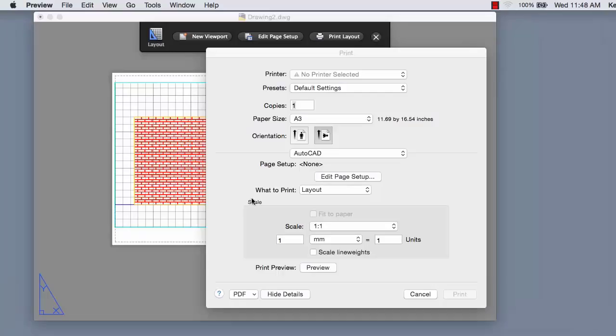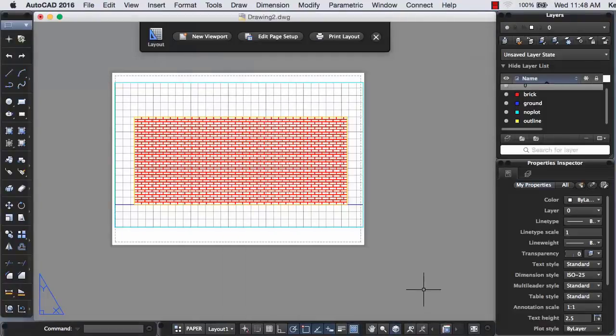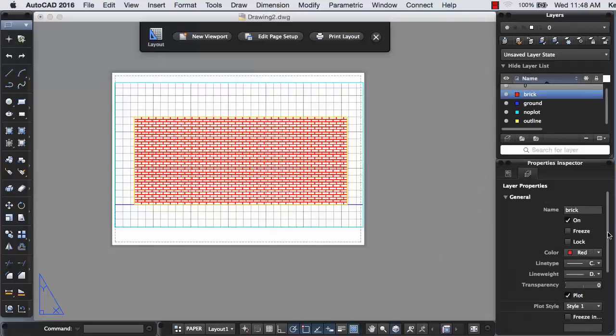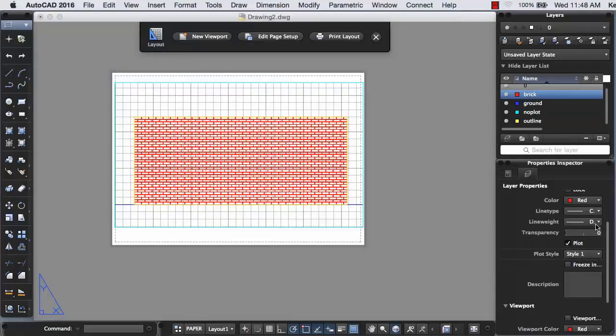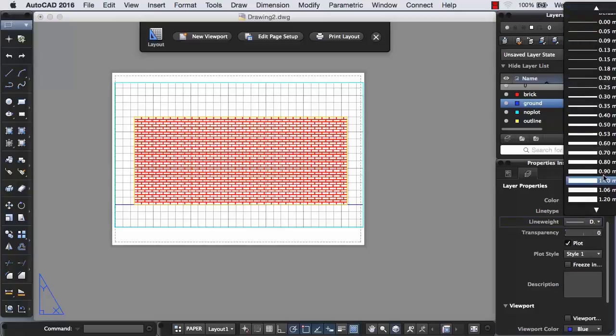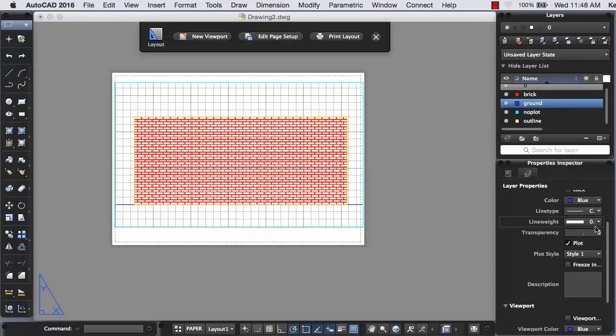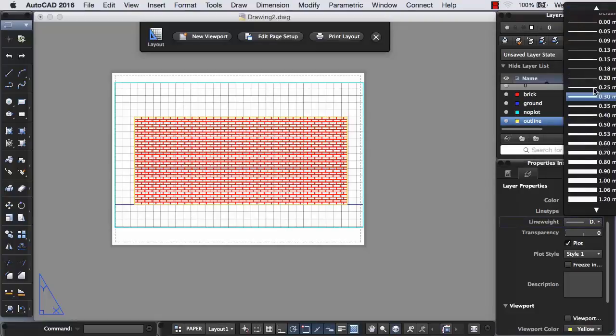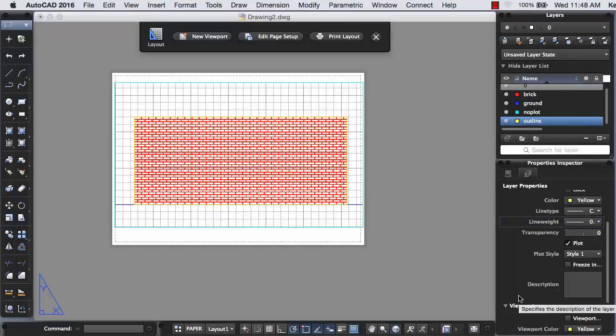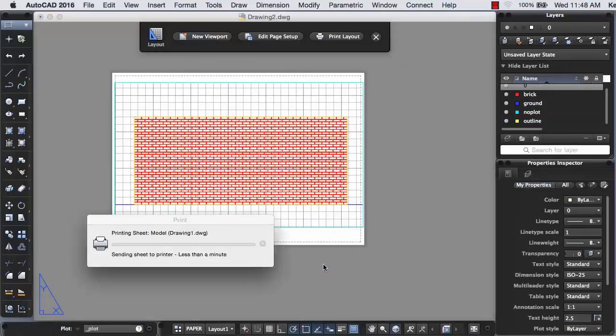So let me come back to AutoCAD. This is very simple, same exact way. Select the layer and then change the line weight in the layer. I know the bricks are going to be small because I want the mortar to kind of show up. I know the ground's going to be fairly thick, so just change that to 0.6 or something. And my outline's going to be somewhere in the middle, probably like 0.18. Now when I print and preview,